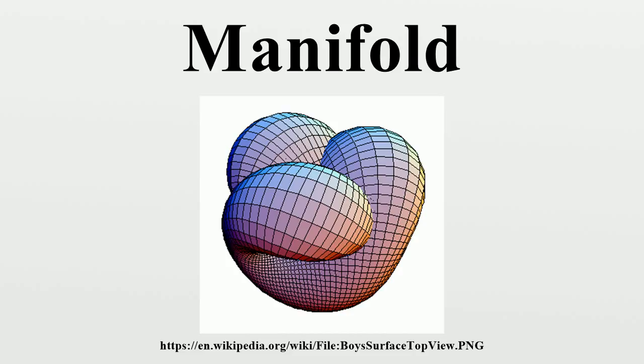a whole. Formally, a topological manifold is a second countable Hausdorff space that is locally homeomorphic to Euclidean space. Second countable and Hausdorff are point-set conditions. Second countable excludes spaces which are in some sense too large, such as the long line, while Hausdorff excludes spaces such as the line with two origins. Locally homeomorphic to Euclidean space means that every point has a neighborhood homeomorphic to an open Euclidean n-ball.